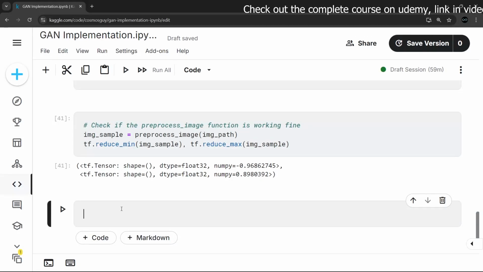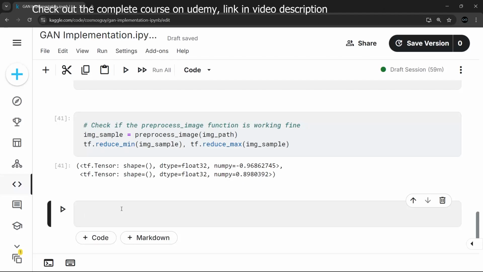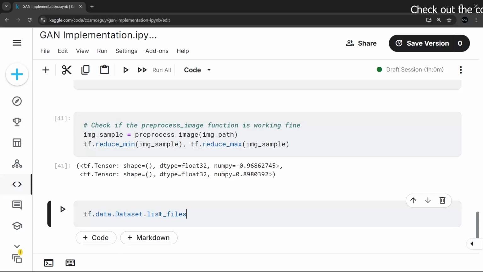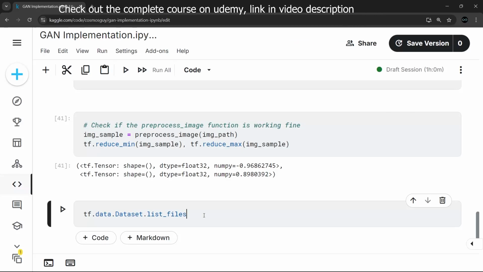So there are a lot of different ways through which you can get started by creating your TensorFlow dataset. The one that I'm going to use over here is on the fly, I'll be getting the data and then doing the preprocessing and all that kind of stuff as you will see in the pipeline. So the way that I'm going to work with this is I'm going to have tf.data.Dataset. So I'm using the dataset API of TensorFlow to create that dataset. To begin with, I'm going to use list_files of TensorFlow's dataset, and it takes a directory with the pattern of the file that is present inside that directory to have all of the images loaded over here. So for that, I'll have